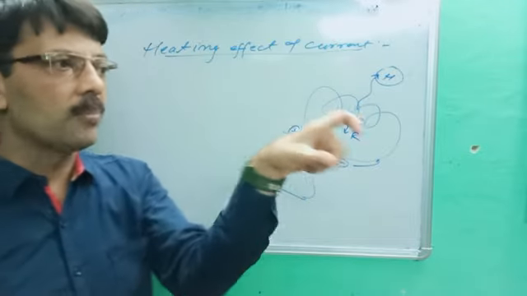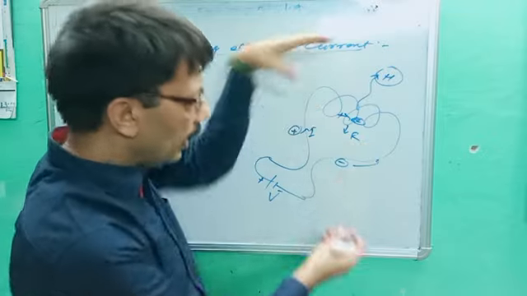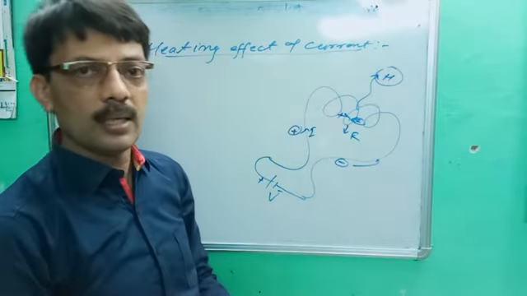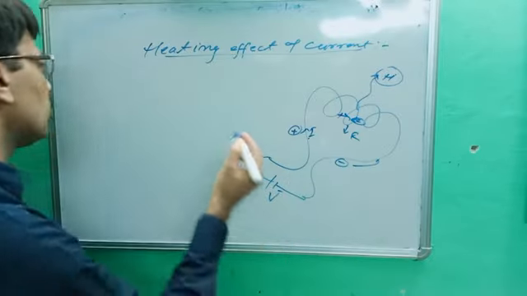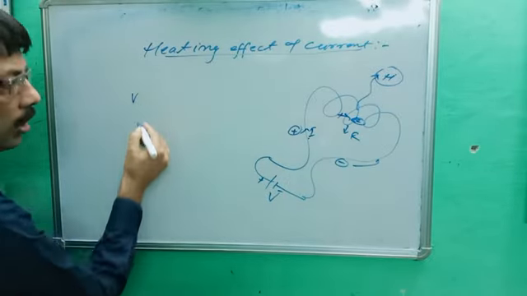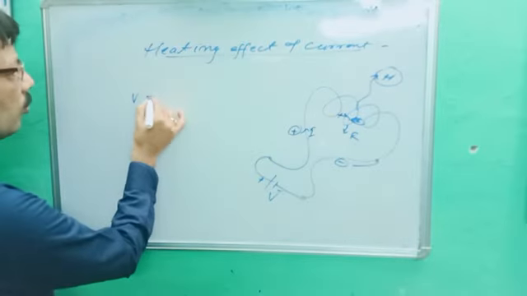When you apply the electric potential by an external source, it gets heated. Why? Plus and minus run, they collide and convert into what? Heat. So our aim today is how we convert the current into what? Heat. So first we know the work done. No doubt, heat is work. It is a form of energy and it is work done. So the formula is very easy.